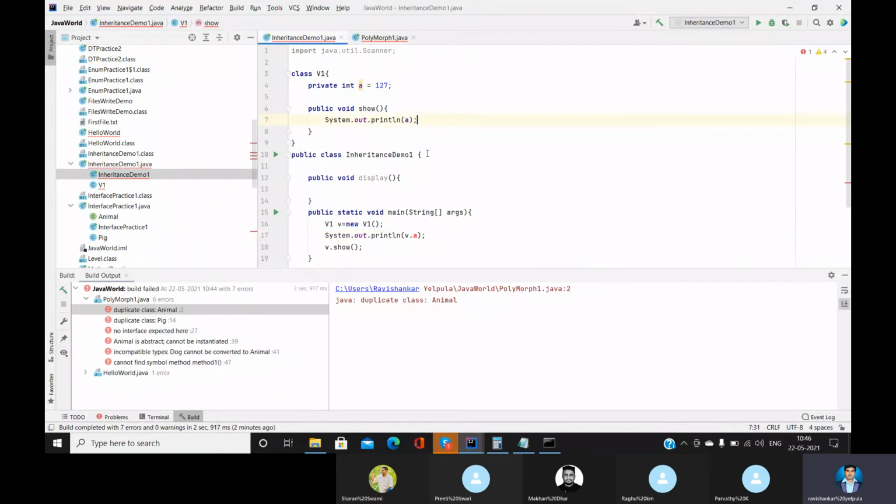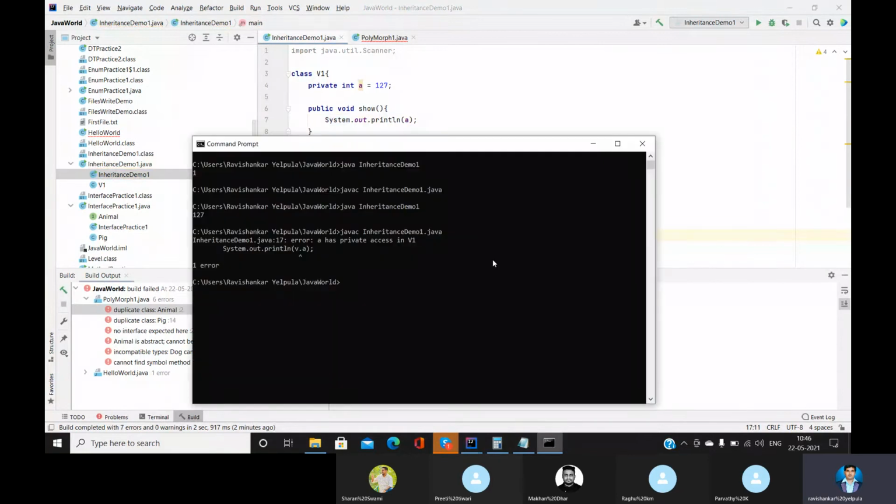And when we try to access the same within the method, within that particular class, in the show method, we have printed that and it was working. Yes, it's working.